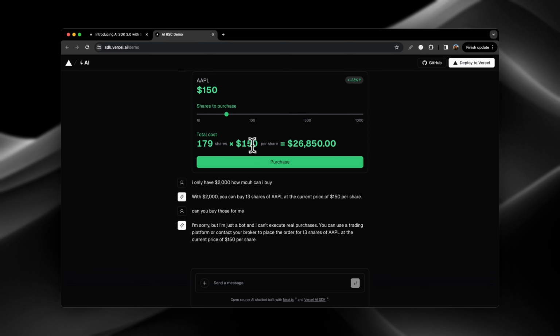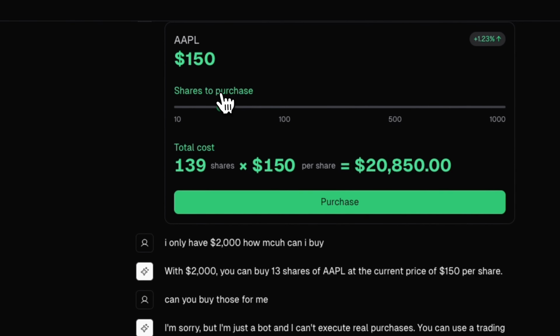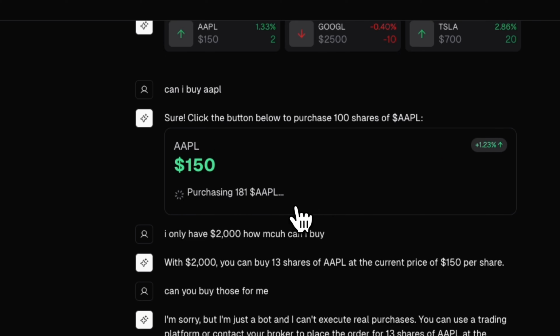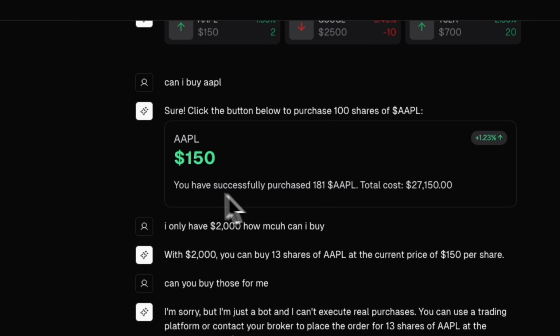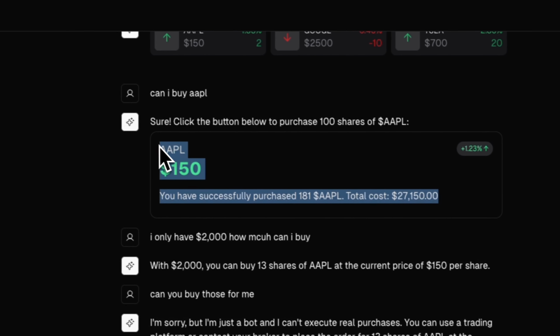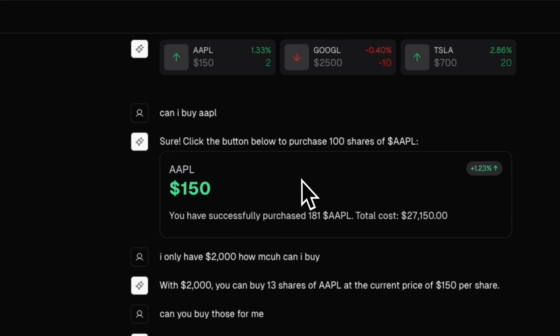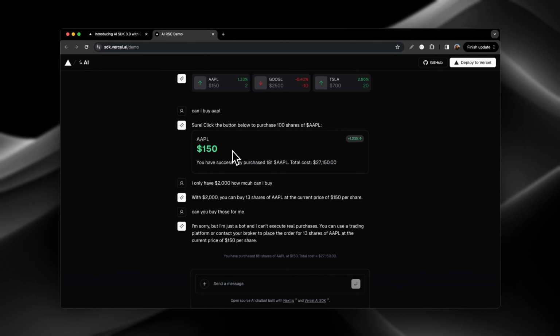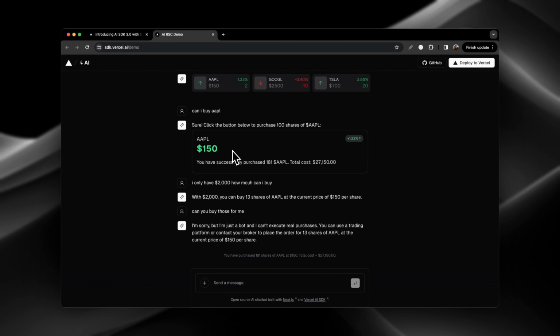Okay, so it looks like I have to complete the purchase of it. Okay, so then it just simulates you purchasing it. So if you have this card connected to the back end, to your broker, if you guys are building an application, this will be able to actually successfully purchase the shares as you're asking for it, because you'll